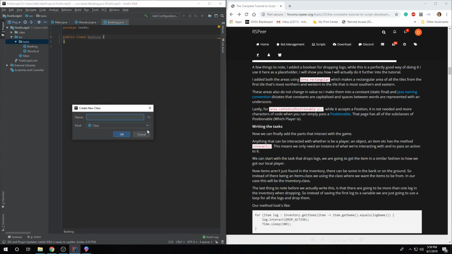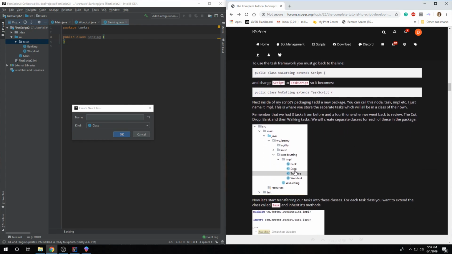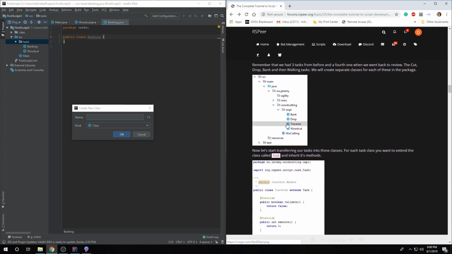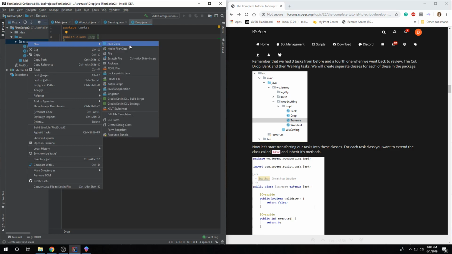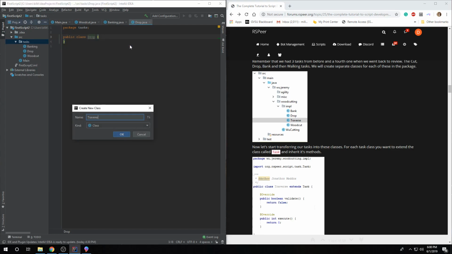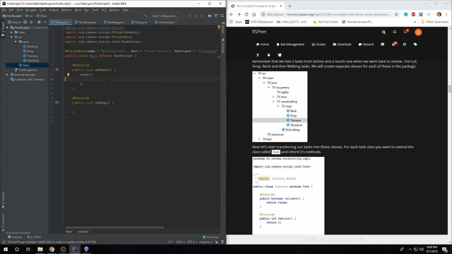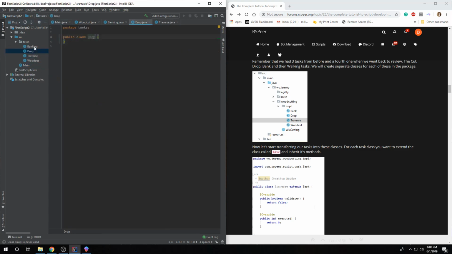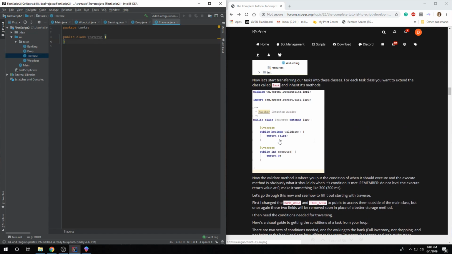I know it's here. What else does he demonstrate? Okay. He somehow does bank. Drop, and yeah, traverse, okay. Drop, task, traverse. So, what should I show you first? I guess whatever he shows first. Well,